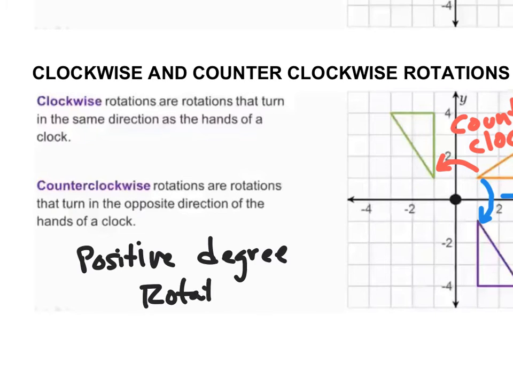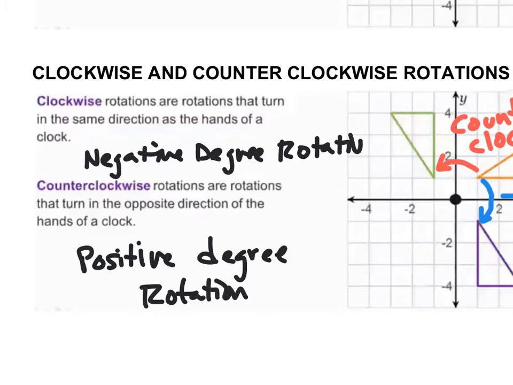Okay. Now, if we're talking about clockwise, that would have a negative degree rotation. Okay, and so let's take a look at the next page so we can talk about what degrees mean when